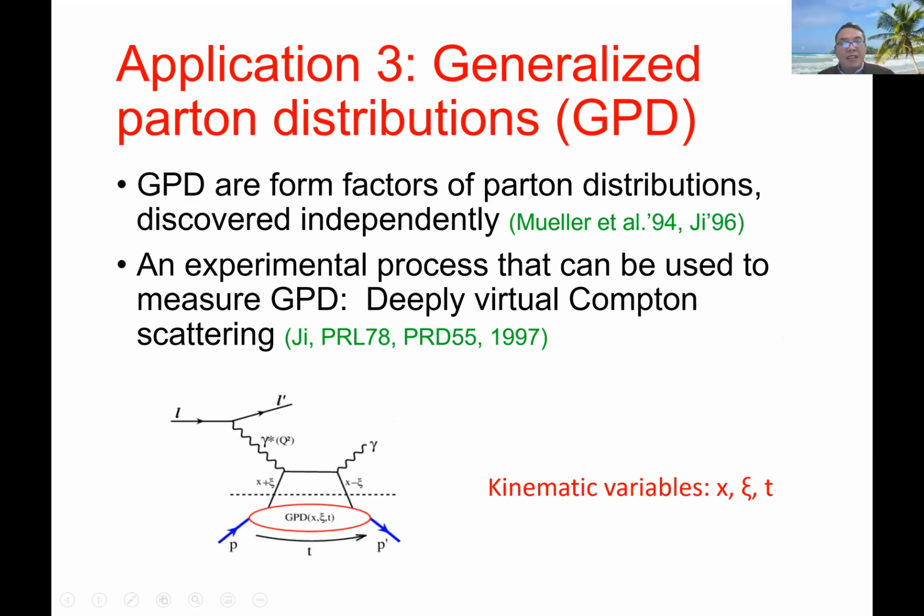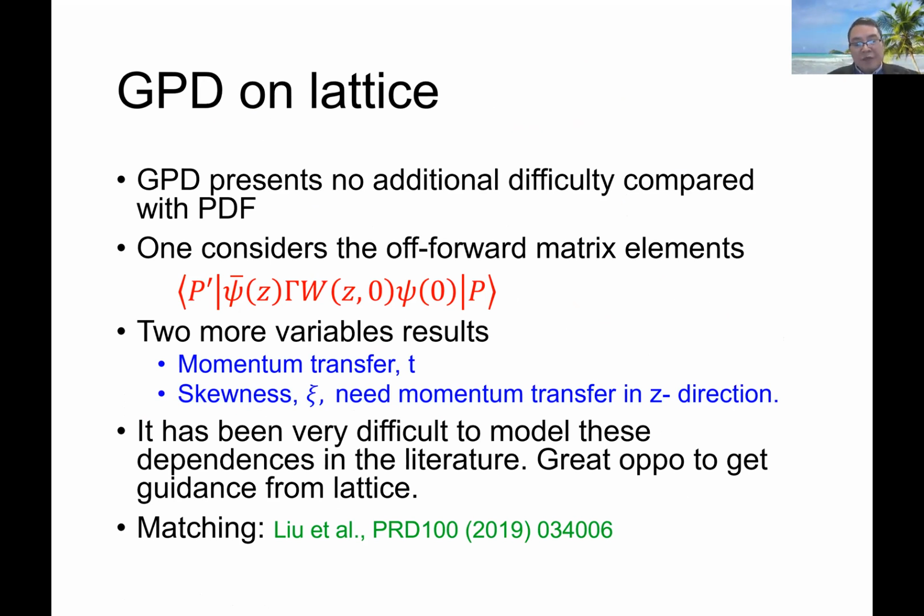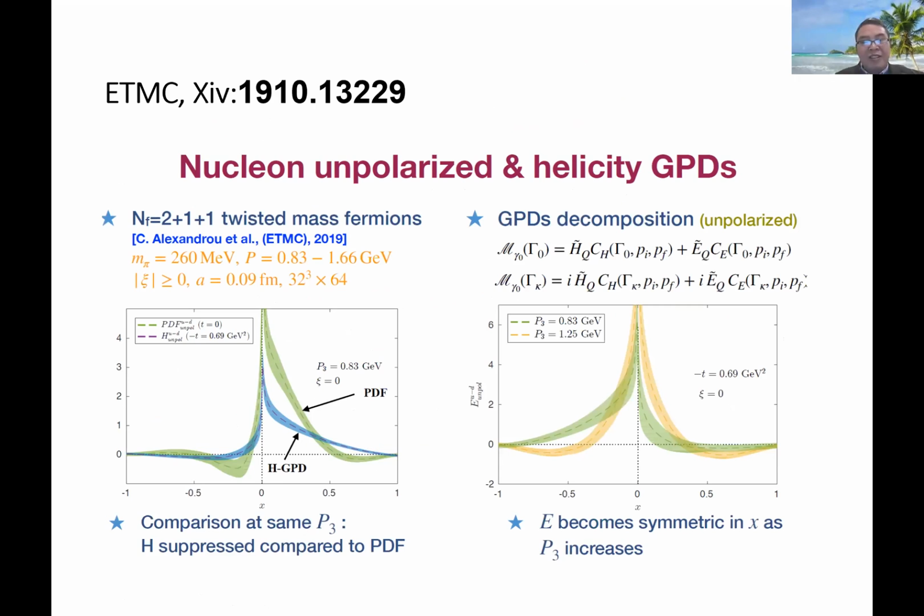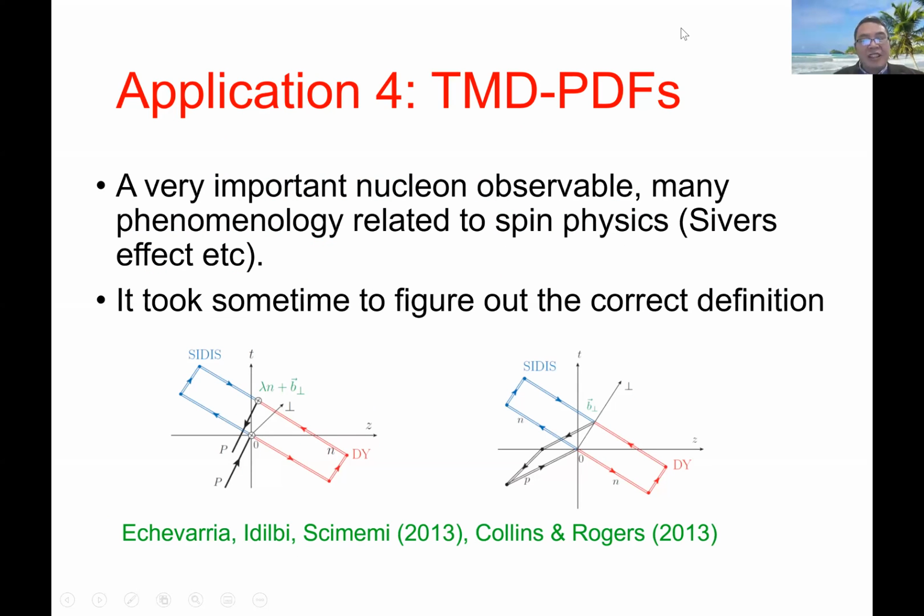And then generalized Parton distributions, which have become a major program at Jefferson Lab, and also at the future Electron-Ion Collider in the US. I'm not going to go into great detail, just showing you that there have been some calculations lately using the approach, and there is much less experimental data on this quantity. I think it's critical that you can do lattice calculations for those. There have also been a lot of studies recently about the transverse momentum dependent Parton distributions.